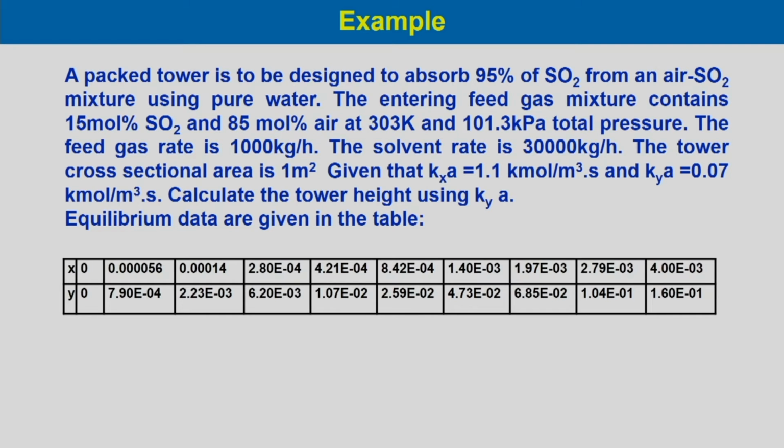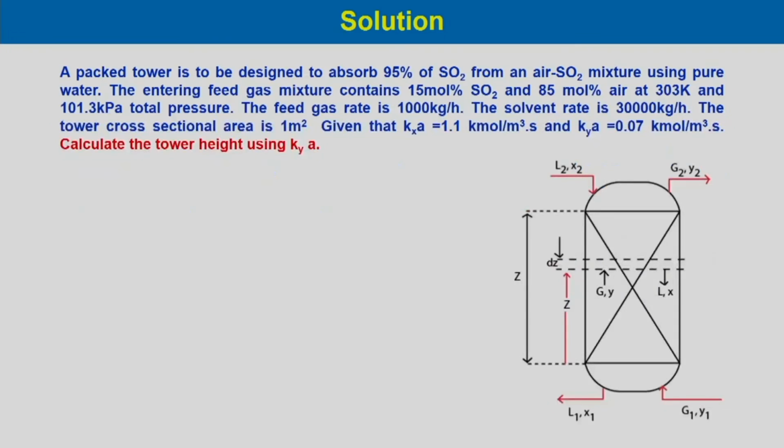The tower cross-sectional area is 1 meter square and the data given are Kxa, which is 1.1 kilomole per meter cube second, and Kya, which is 0.07 kilomole per meter cube second. Now, we have to calculate the height of the tower using Kya. The data provided are the equilibrium data, x and y. So, for this, the same sketch we can use over here,